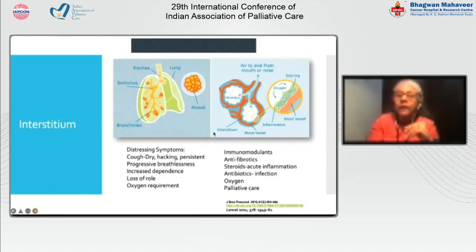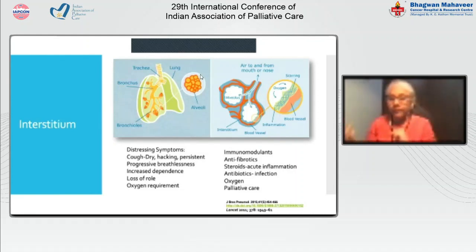So if you see, this is where the oxygen comes from in the alveoli and the external atmospheric air. It passes on to the blood vessel through the interstitium. So interstitium is the sieve, and this is what is affected in interstitial lung disease. The common distressing symptoms are dry hacking, sometimes persistent cough, progressive breathlessness till the patient is actually bed-bound and housebound, increased level of dependence and loss of role because of his breathlessness,